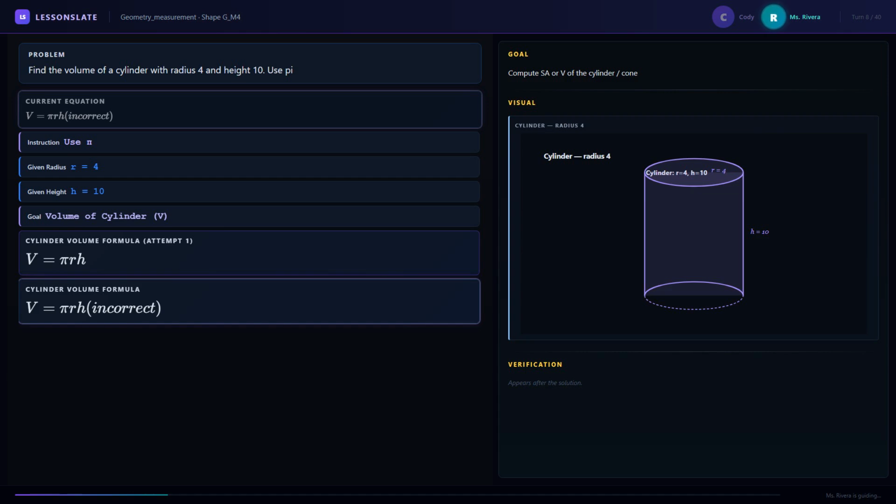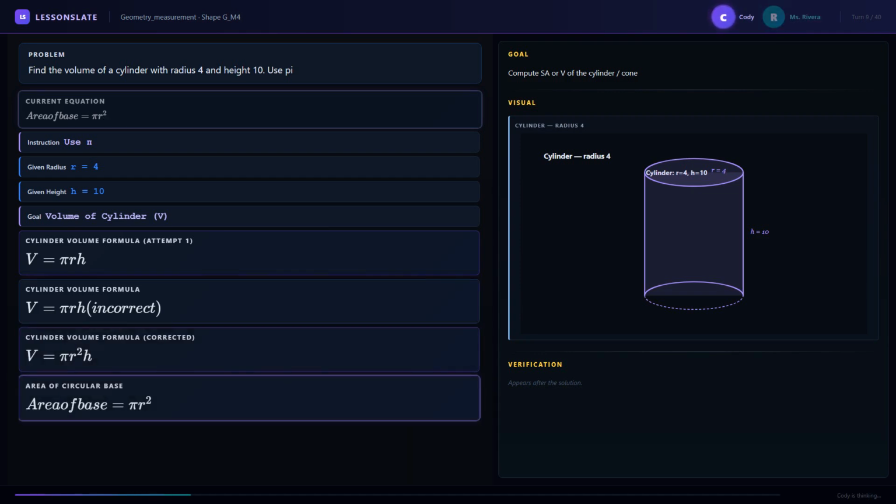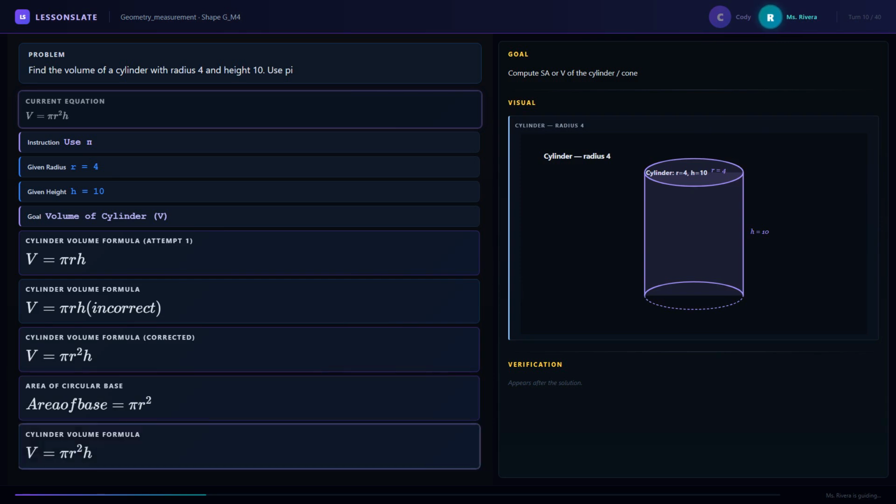Think about the area of the circular base of the cylinder. How is the radius used there? Oh, right. The area of a circle is pi r squared. So if the volume is the area of the base times the height, then it should be V equals pi r squared h, not just pi r h. Is that it? Excellent, Cody. You've got it exactly. The volume of a cylinder is indeed V equals pi r squared h. That's because you multiply the area of the circular base, which is pi r squared, by the height of the